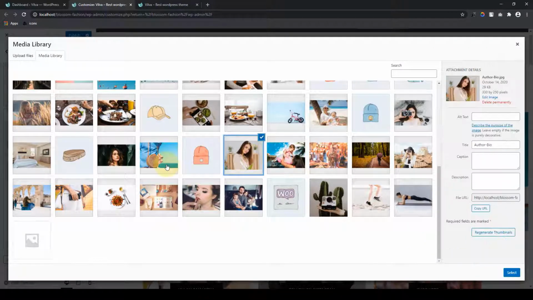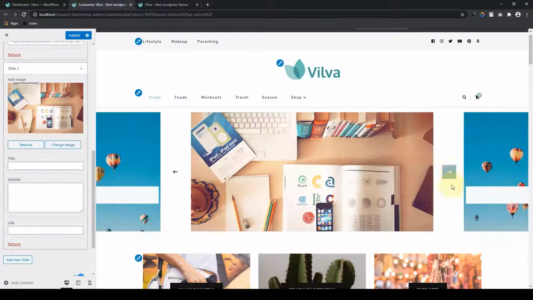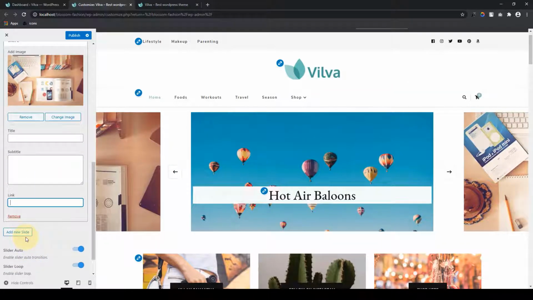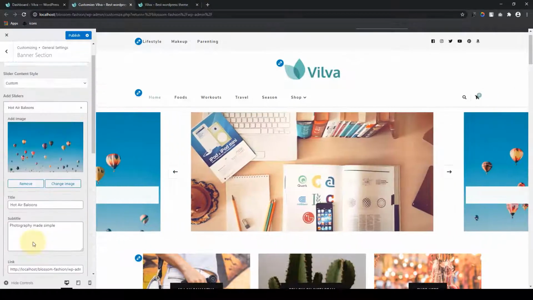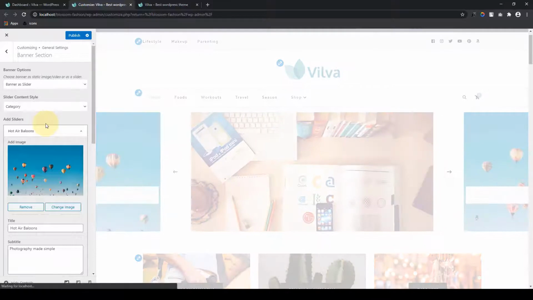your choice, anyone that you want, and you will see that specific image will appear, and then you have to add in the title, the subtitle, the link, and then you can go on, keep adding new slides. The choice is yours. For the time being, I'm going to choose category to be my slider content style because